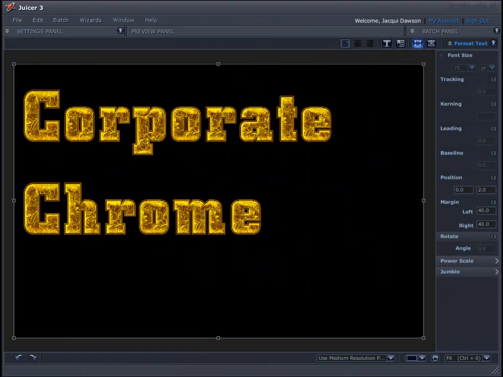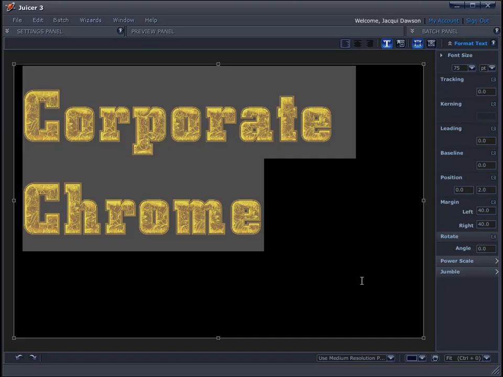Okay, so you've seen how to use the Rotator plugin to create a fun, youthful look, but you can also use it to create visual metaphors just by rotating one or more letters in your layout. For this project, I'm going to take this font that I created using the corporate Chrome font. It's called Fall Golden, and I'm going to use it on a 4x6 postcard for a fall sales event for